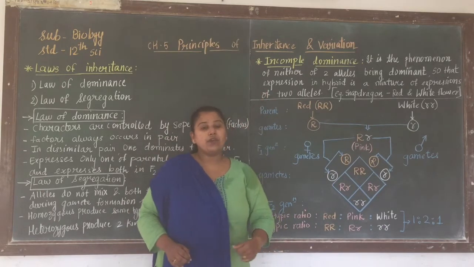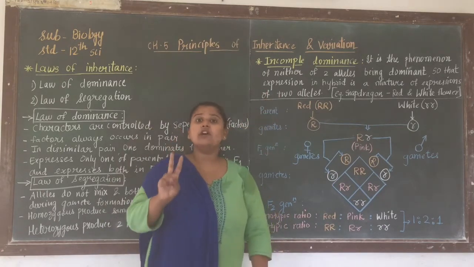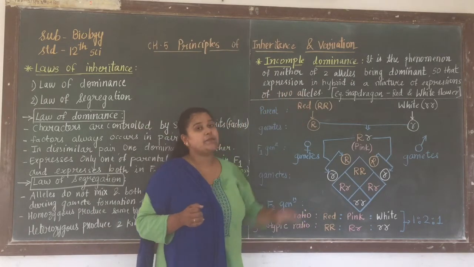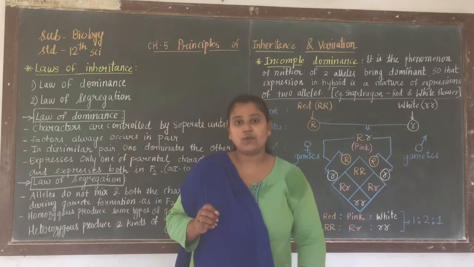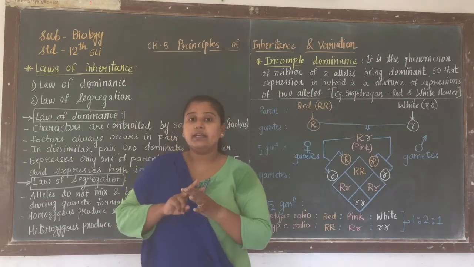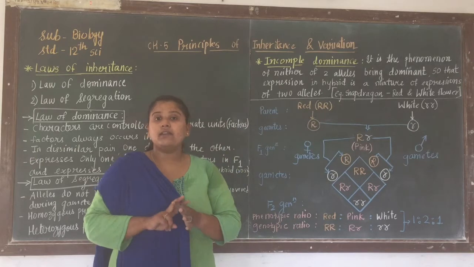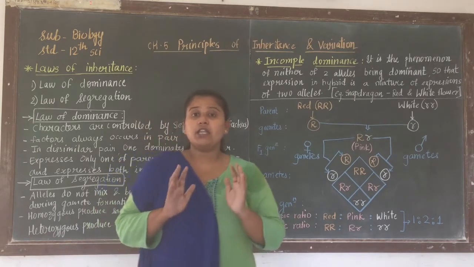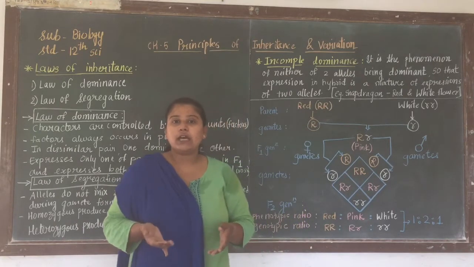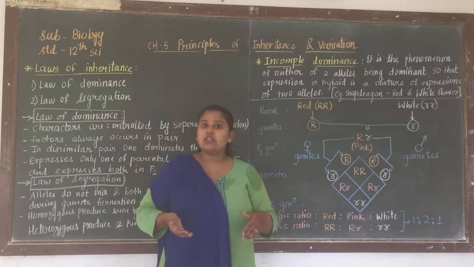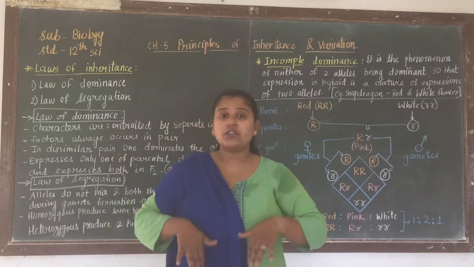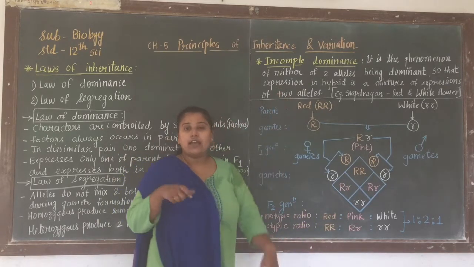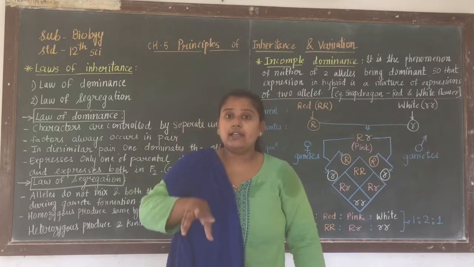It is a phenomenon where two of the alleles, both of them are dominant, right? And so the expression in the hybrid is a mixture of expressions. What happens when the two parental characters have alleles that are both equally dominant? For this reason, when the F1 generation is formed, both of them give an equal amount of dominance, and the expression of both the alleles occurs, right?